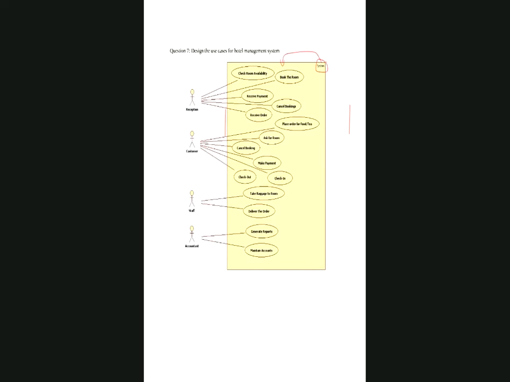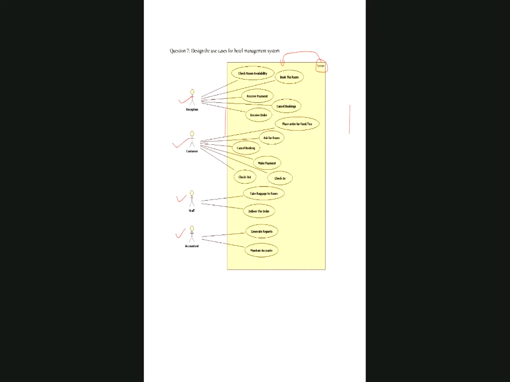Look here. You can see the hotel as a receptionist, as a customer, as a staff, and as an accountant. All these are the actors. So here, first define how many actors are there. 4 actors. You are seeing the hotel as a receptionist who is working in the hotel, and as a customer who wants to book a room in the hotel, as a staff who is internally working in the hotel, and an accountant who is working in the hotel and takes care of all the money that gets in and gets out.